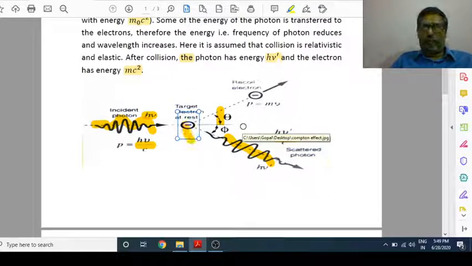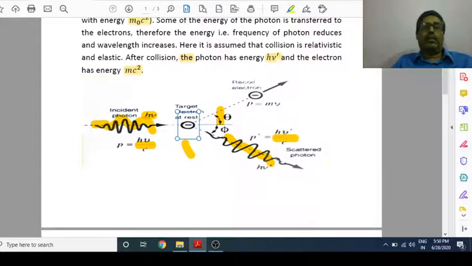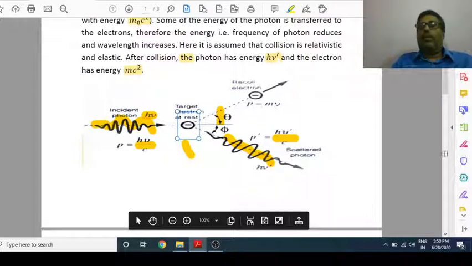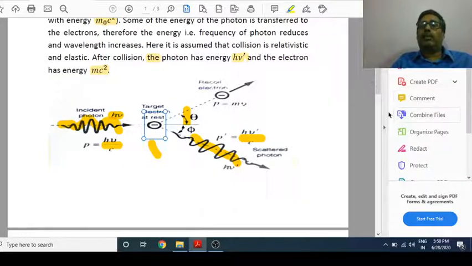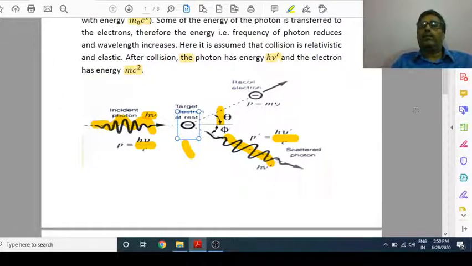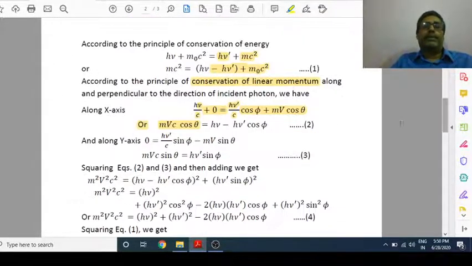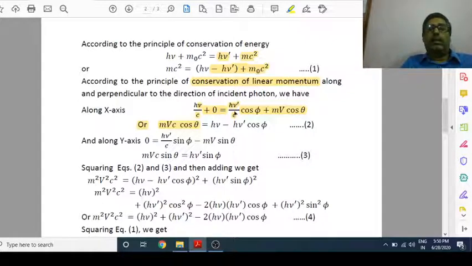So one time we take the component along the x axis, other time we take it along the y axis. So this is the cos theta component along the x axis, and when we arrange this, we get mb cos theta here, and c in the denominator.